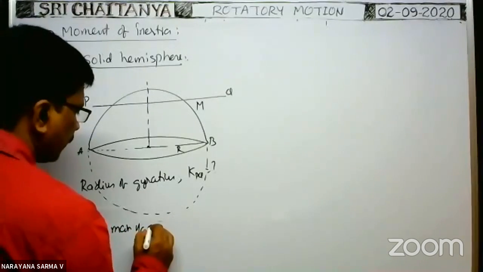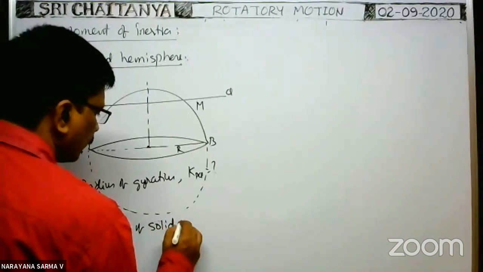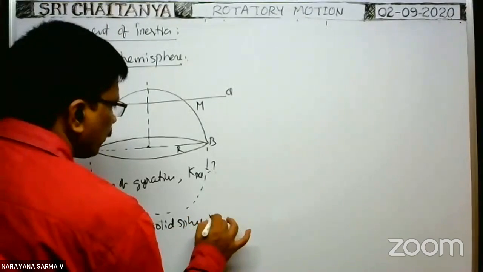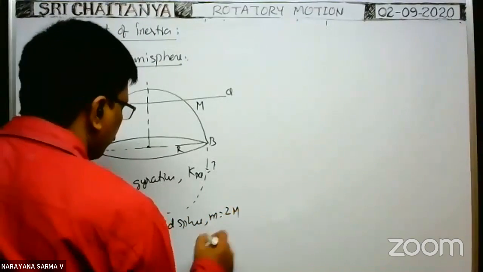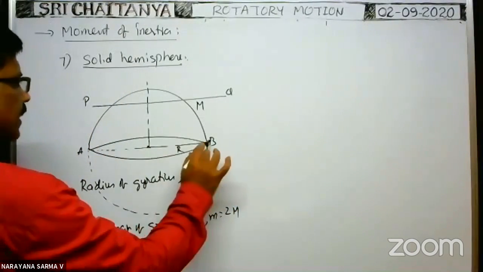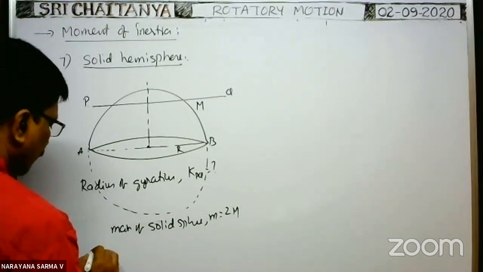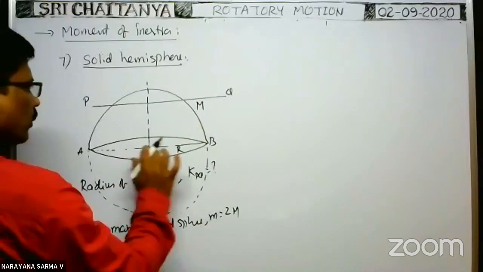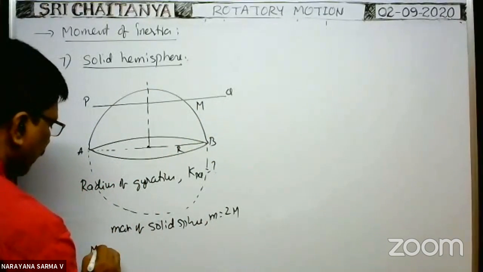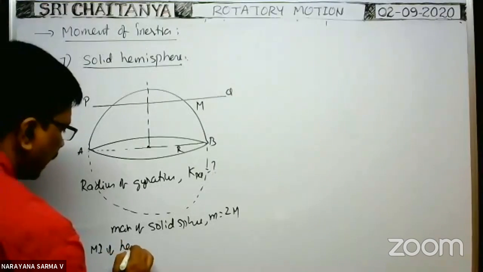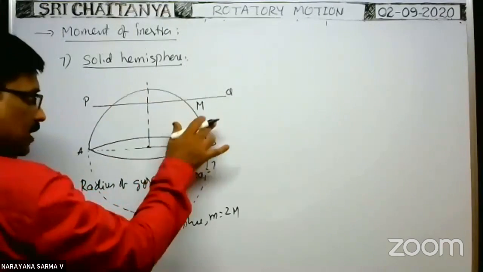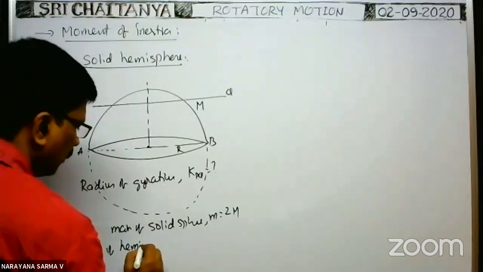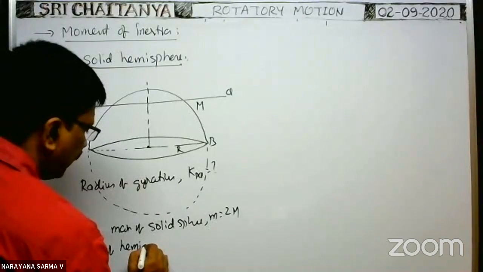Mass of the solid sphere, say small m, is equal to 2 into capital M. Therefore, about this axis, the moment of inertia of this hemi-solid sphere is what we need. I am writing for the hemi-solid sphere only: the moment of inertia of the hemi-solid sphere